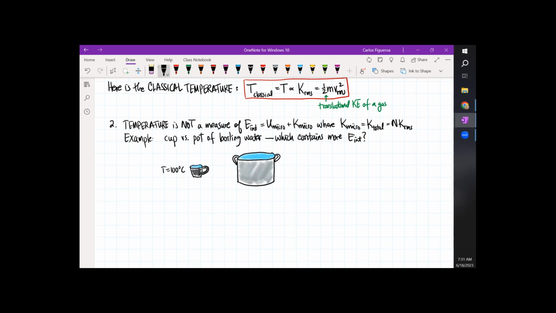So when I look at this thing, this is also at 100 degrees C. Clearly, this has less water. This one has more water. So what we're seeing here is that they have the same temperature,